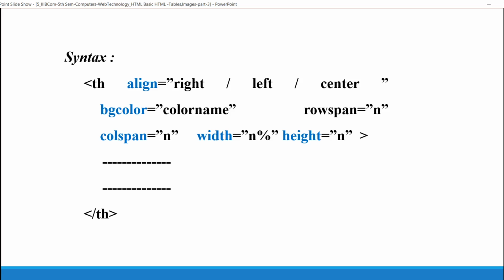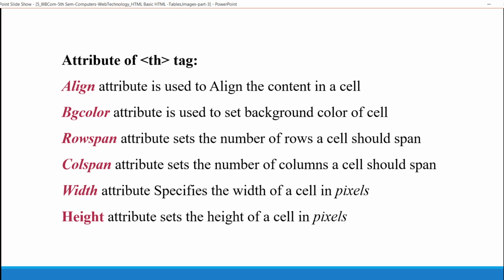Height and width set the height and width of the heading cell. Alignment places the content of the heading on the left side, right side, or center. Background color is the color that appears on a heading. Then rowspan and colspan. What is a rowspan? What is a colspan?